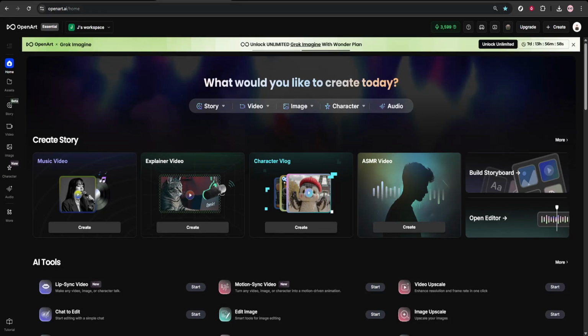In today's video, I'm going to teach you how to generate AI-assisted sketches in OpenArt. We'll start on the OpenArt homepage. Move your cursor over the image category to reveal the creation options. When you see the option to begin a new project, click Create Image to open the workspace where all the